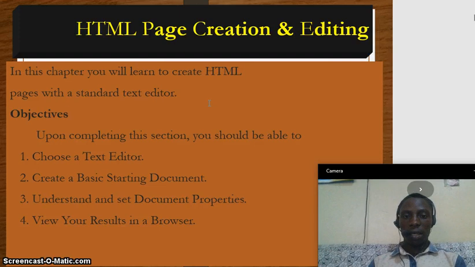In this chapter, you will learn to create HTML page creation and editing. You will learn to create an HTML page with a standard text editor. When we meet in the next presentation, we are going to start from here.